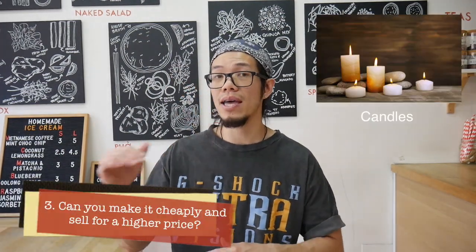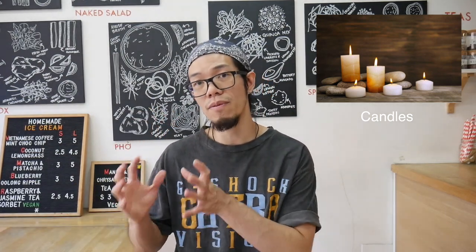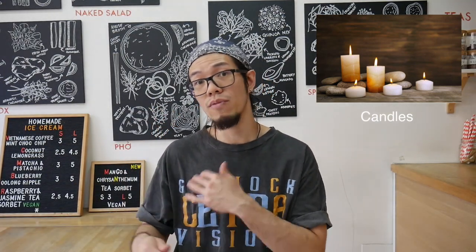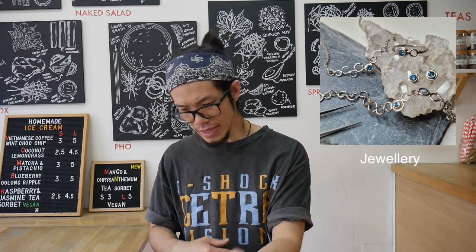The third thing is, can you make it cheaply and sell it for a higher price? It doesn't have to be a super high price, as long as your profit margins are good and you're happy with each sale, maybe that's generating £1, £2, £3, and that's good enough. So do see what kind of products you want to make. If you can buy stuff in bulk, then you can lower your costs and sell at a slightly higher markup compared to